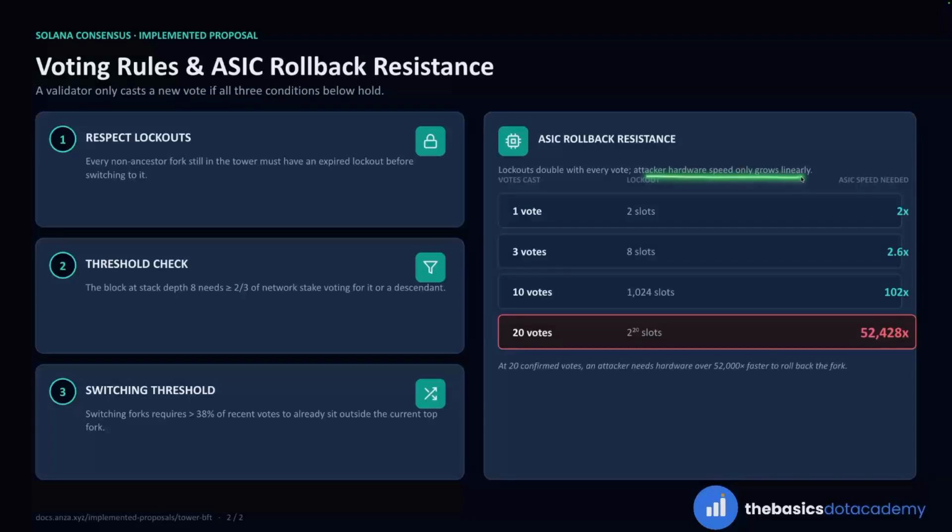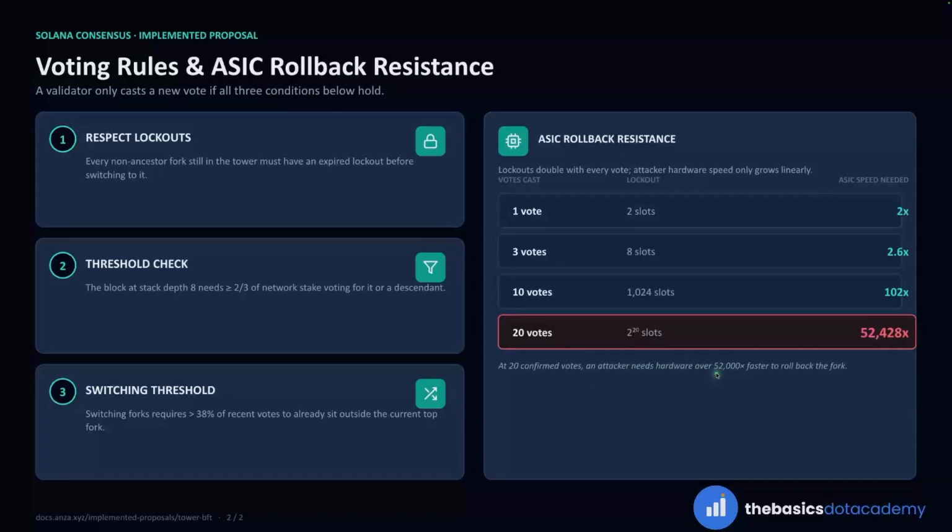Let us now look into ASIC rollback resistance. As we know, the lockouts double with every vote. The attacker hardware speed only grows linearly. So this is the first vote. The lockout is 2 slots. What is the ASIC speed needed? It must be 2x or twice. For 3 votes, the ASIC speed must be 2.6 times. In case of 10 votes, it must be faster than 102 times. Whereas in case of 20 votes, that becomes